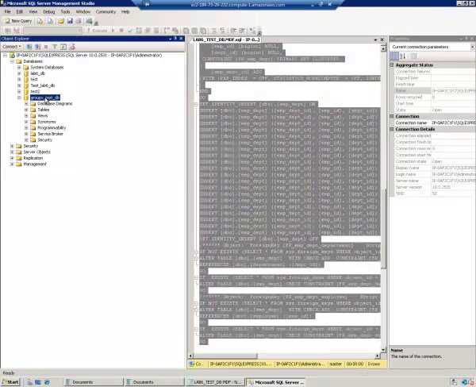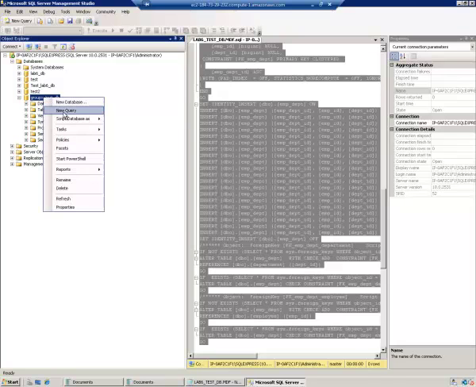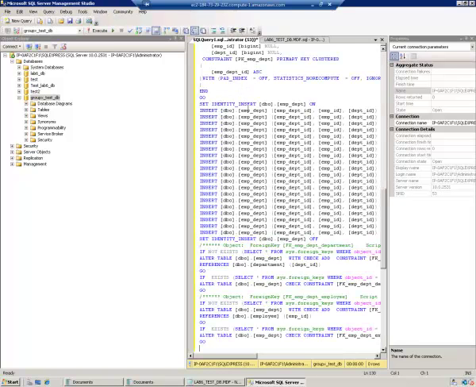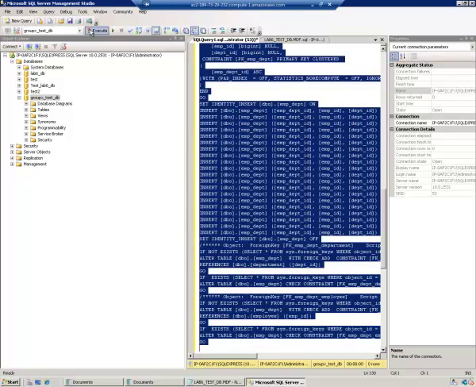Now whichever database I want to insert this script into, I just say new query, and a query editor should open. Just paste the entire script, highlight it, and say execute.